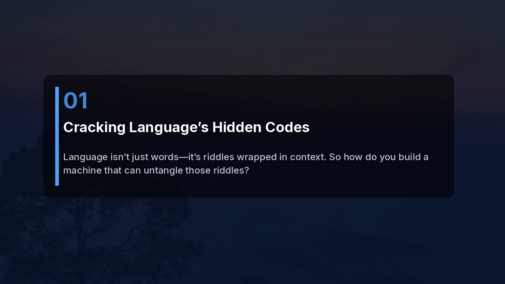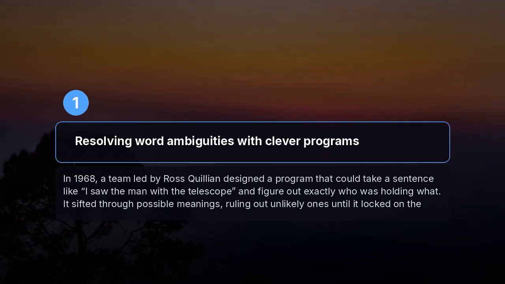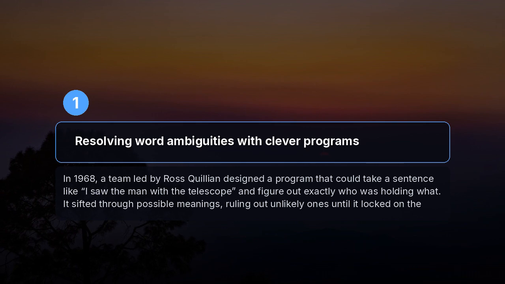Language isn't just words, it's riddles wrapped in context. So how do you build a machine that can untangle those riddles? In 1968, a team led by Ross Quillian designed a program that could take a sentence like, "I saw the man with the telescope," and figure out exactly who was holding what. It sifted through possible meanings, ruling out unlikely ones until it locked on the right interpretation, an early glimpse of